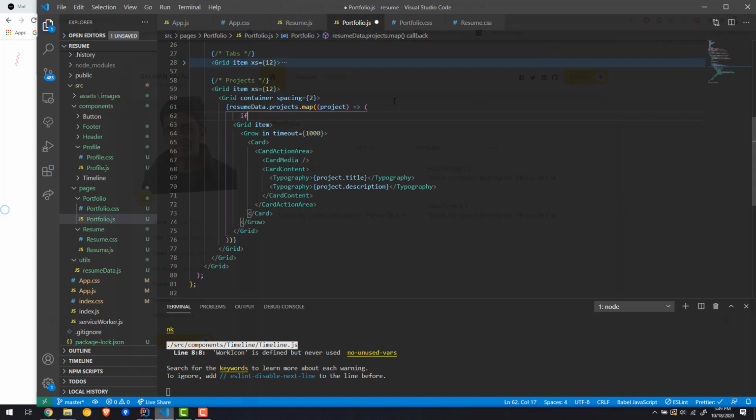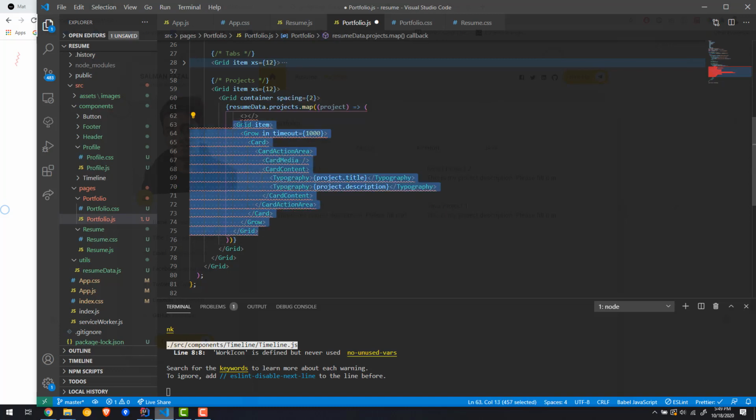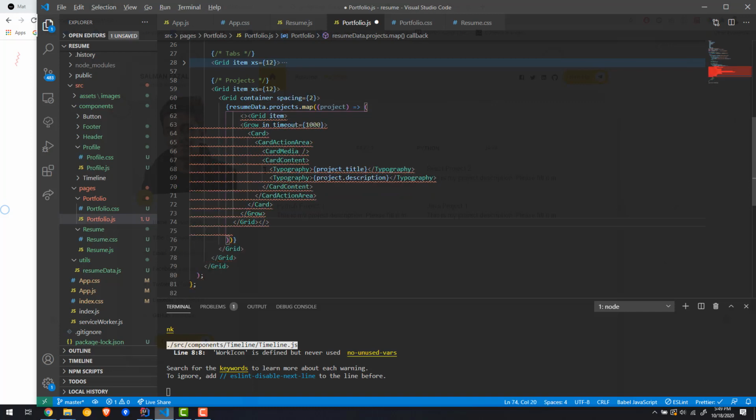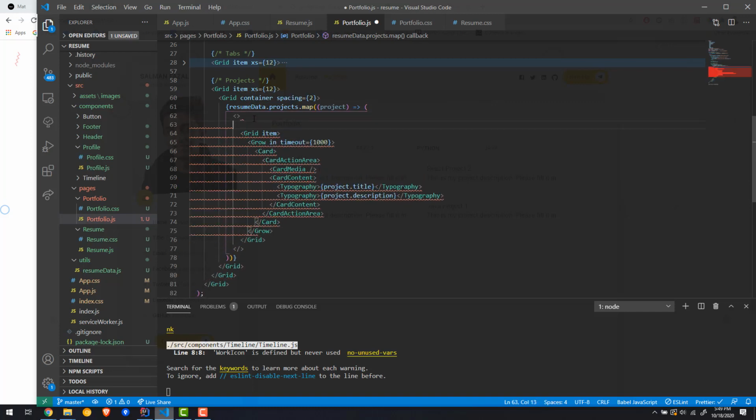if, now I can't use if, right? So what I'm gonna say is let's have an empty tag. And then put everything inside the empty tag, and I'm going to tell you in a second why. Put everything inside the empty tag. Do that, and then in here, let me go into JavaScript mode, and I'm going to be like, okay, so